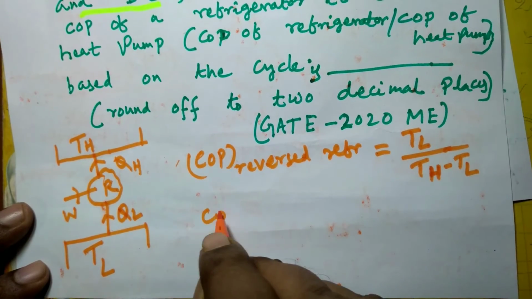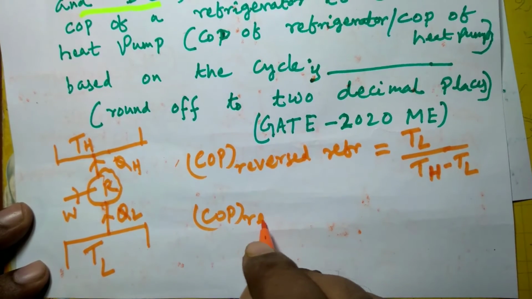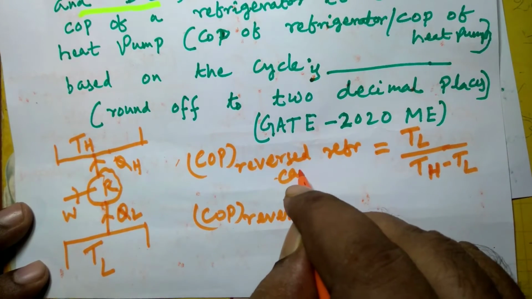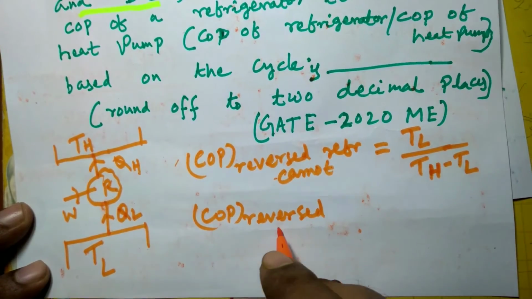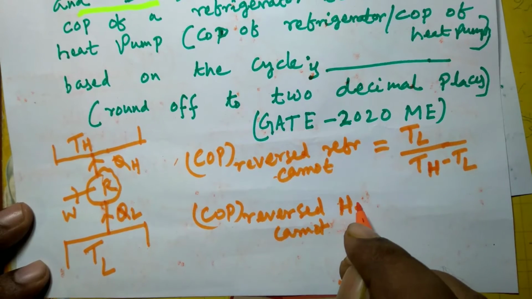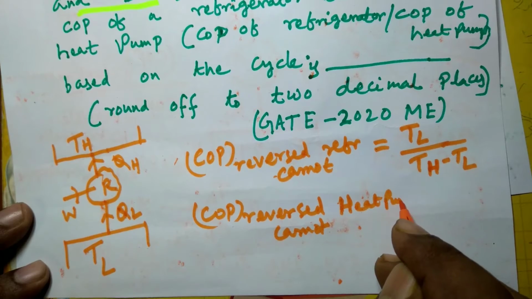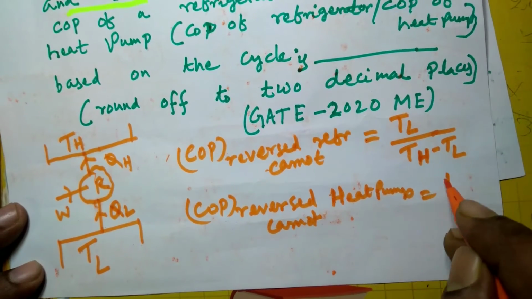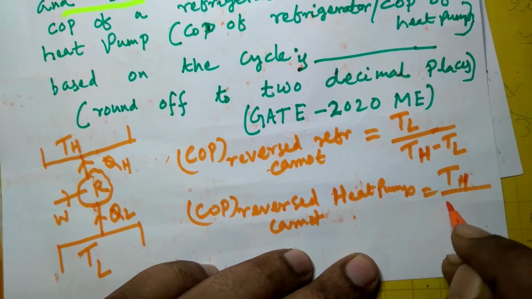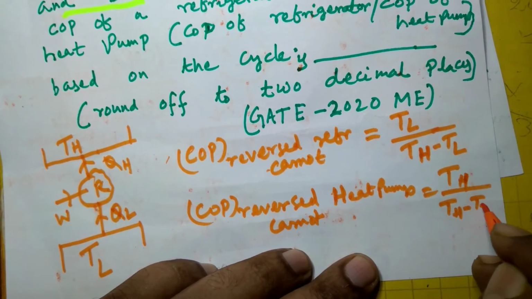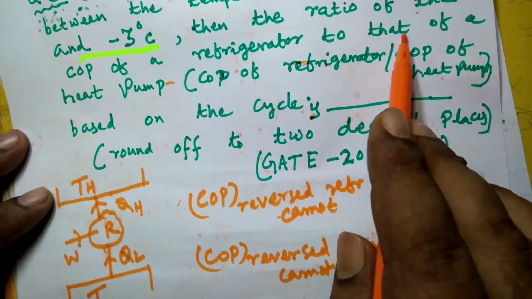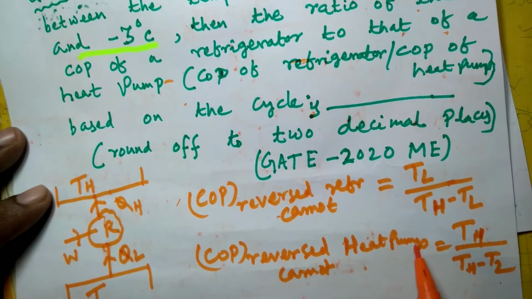And COP of a reversed Carnot heat pump is equal to TH divided by TH minus TL. So if you calculate the ratio of COP of refrigerator to that of a heat pump,